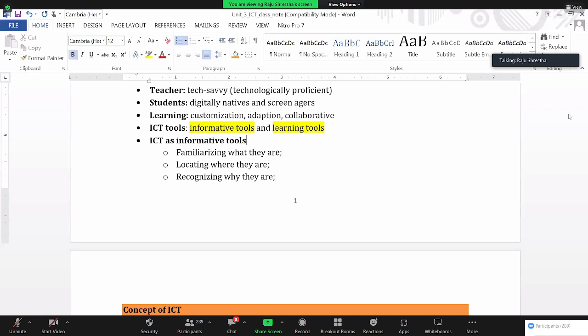Informative tools have limits. Then, learning tools: by the use of ICT tools we can upgrade, we can search, we can select, we can download, we can print, we can read, we can update, we can upgrade our knowledge, then we retrieve